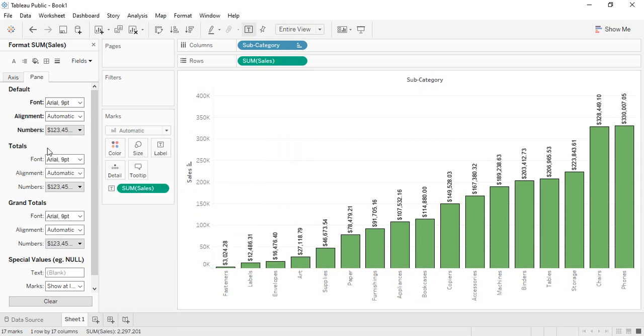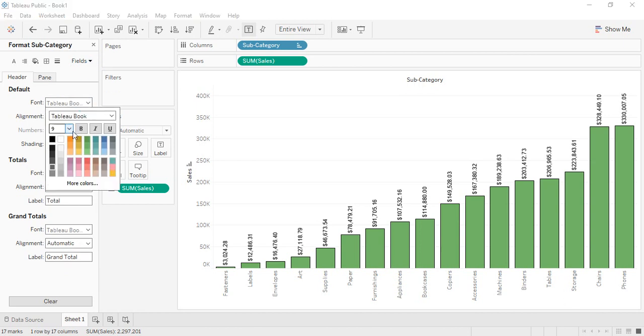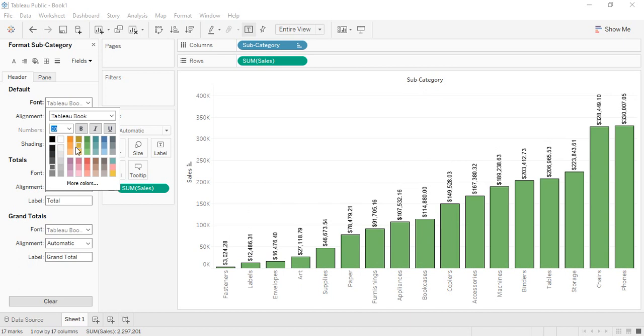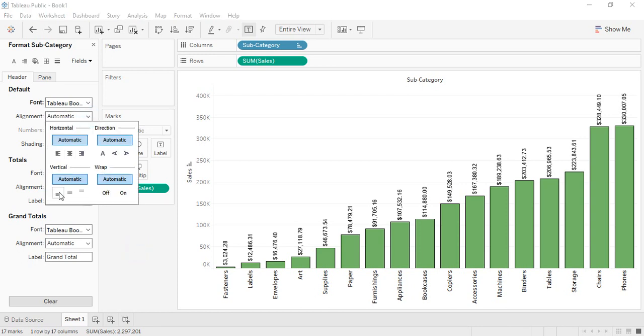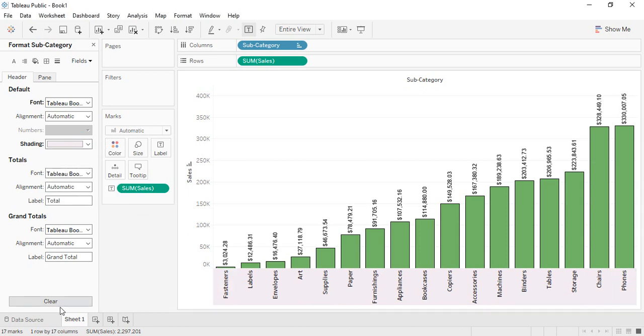Okay, next, if you want to change the way the subcategory looks, you can just change it here. If you want to increase its size, you can increase the size, and you see the label size has increased, but you can control it the way you want. Suppose I want a black color instead of that faded gray color, and I want that in bold. If you want to change the alignment, you can work with it, everything. If you want to change the shading, like I want a little brownish or orange kind of shading, or a little purplish kind of shading. So this is how it's looking.